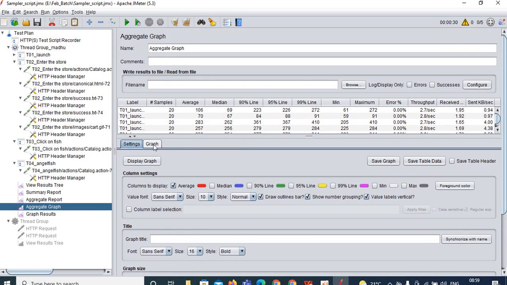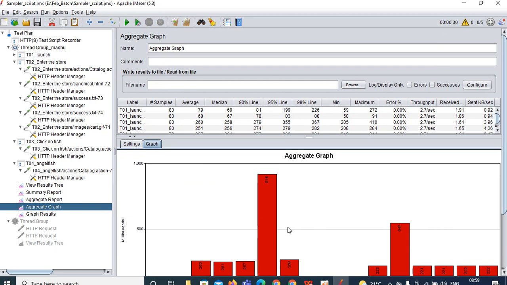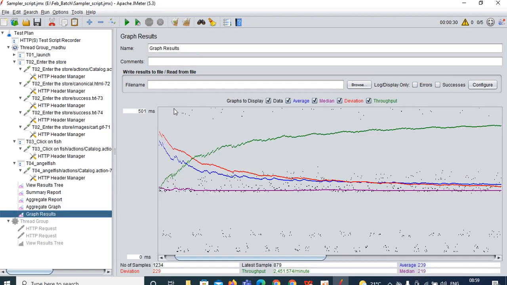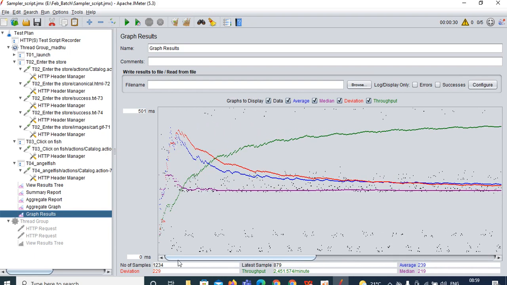So actually we do not use these graphs in real time. Why? Because they will consume a lot of memory and a lot of CPU utilization as well. So there might be an impact on the application performance. Therefore in real time we do not use these graphs. By seeing these graphs, you cannot understand anything.